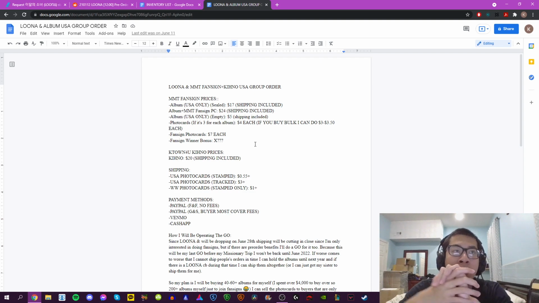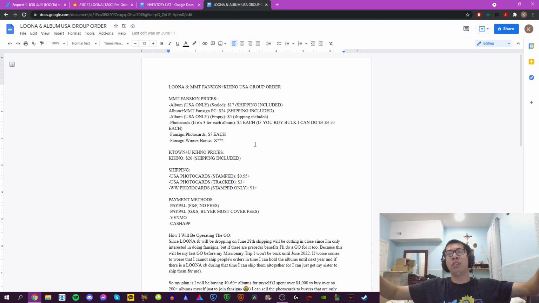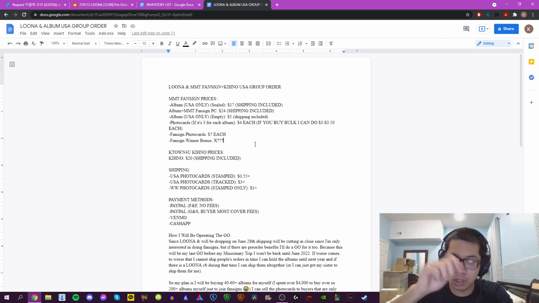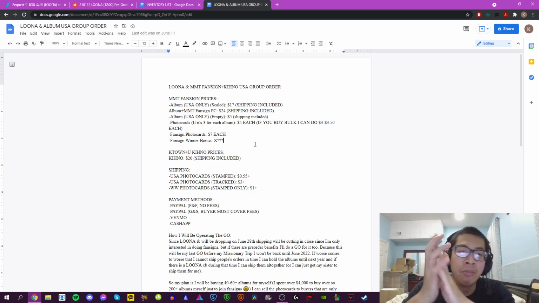And doing it that way is so much easier because you literally have all the photo cards all laid out, and then you just take a picture and post that on eBay. But I don't use eBay anymore, so I post on Instagram, and then you just wait for all your DMs to flood in, like 500 DMs, and then you just start making a list of who claims what. So yeah,